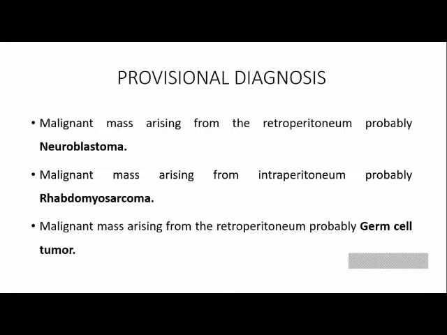Yes, and that's it, sir. Against rhabdomyosarcoma, again, is the age group. Even though it is common in the pediatric population, it mostly presents in the 5 to 6 years age group, sir. In 2 years it will be less.